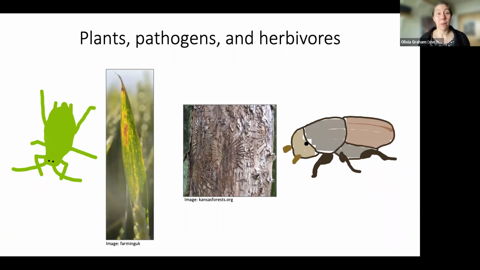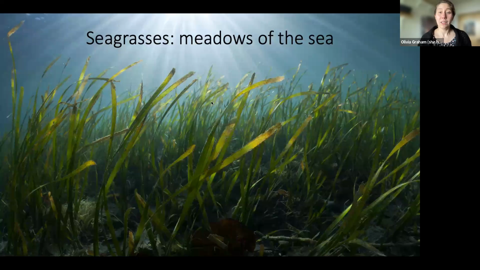Small herbivores can have big ecological impacts, especially when they work in tandem with plant pathogens, as we've seen with barley yellow dwarf virus and Dutch elm disease. While there's a large body of work on terrestrial vector-borne plant pathogens, there isn't really for marine plant pathogens. This is a little funny because seagrass meadows are like grassy fields, but underwater, with lots of grass, an infectious pathogen, and hungry herbivores. Still, there currently are not any reports of disease vectors in seagrass meadows, which I study.